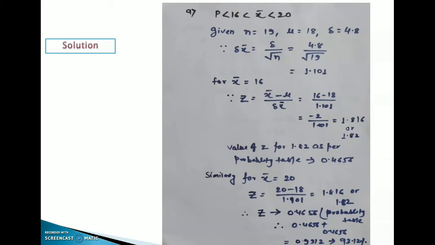For the same problem given below as B, the calculation is the same and the answer is the same. So do not worry, as we have solved A, the answer of B is the same. We can calculate B similarly to A. So the answer of B is similar, that is 93.12.